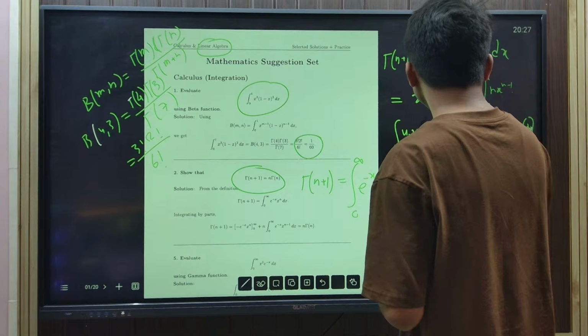We will only be left with x to the power n, this is minus x to the power n into e to the power minus x. So here the integral of n will be outside, right? So n will be outside,